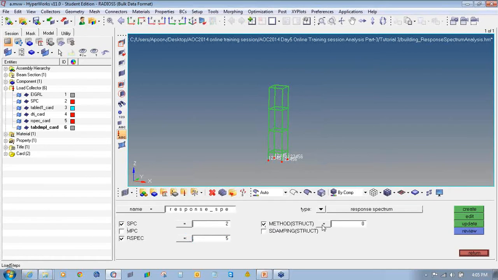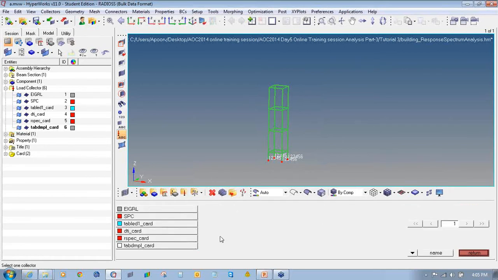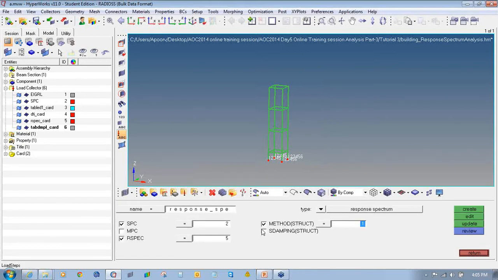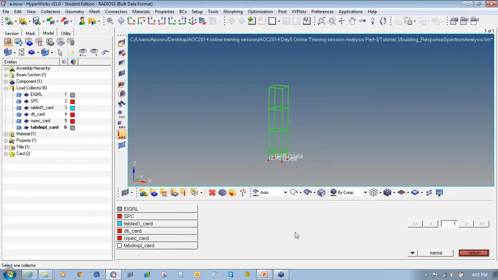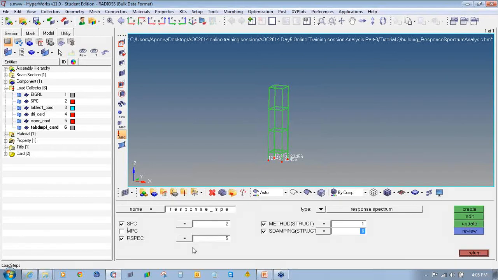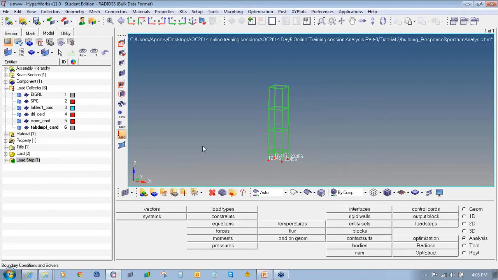Check the box in front of method structure and select the EIGRL card. Check the box in front of SDAMPING and select the TABDMP1 card. Then we'll click on create to create the load step. So I will click on return to exit the load step and save the file.